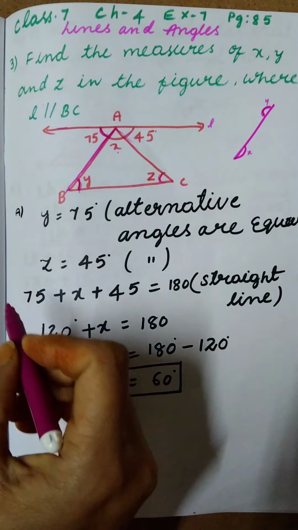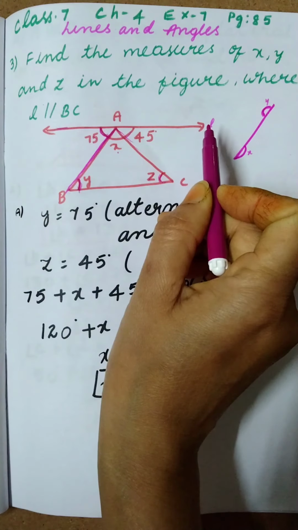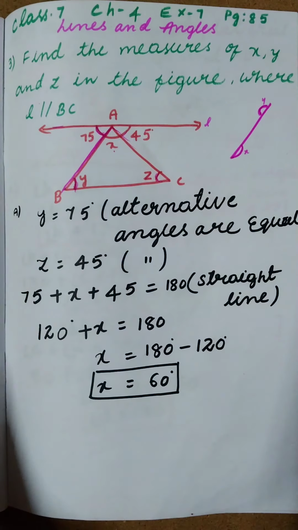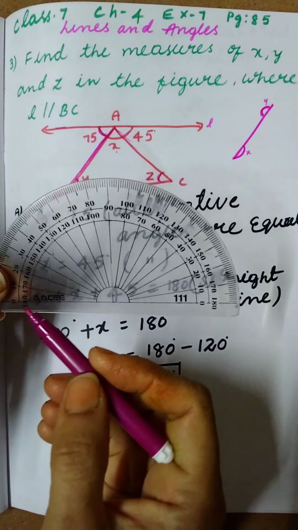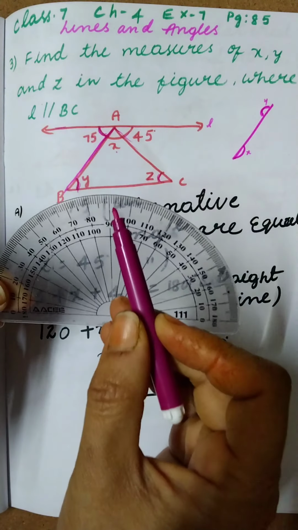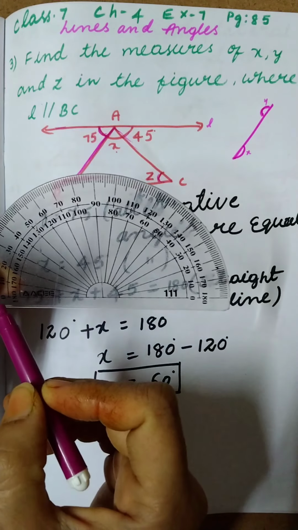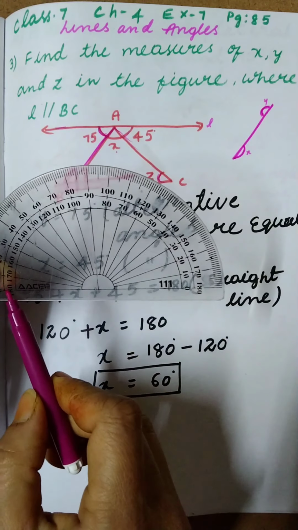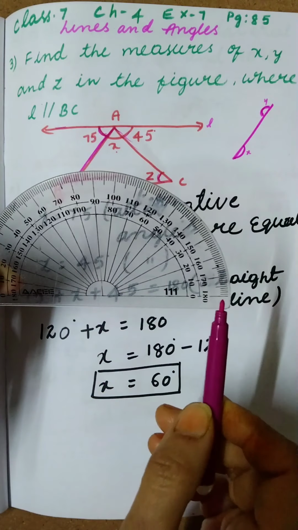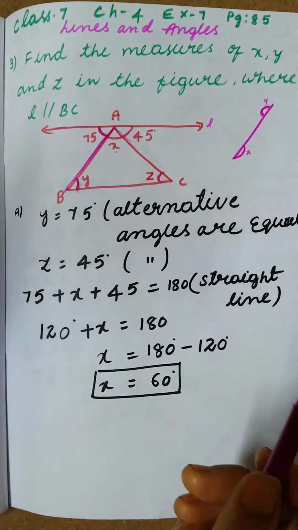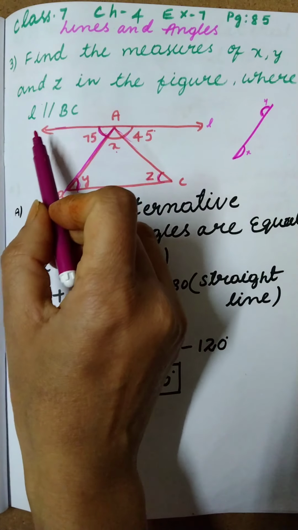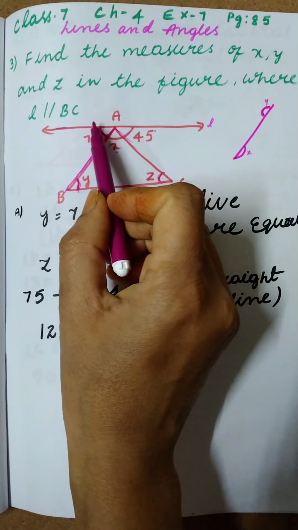Okay, next one. Here, are you observing one straight line? Yes, in a protractor also we can see this is one straight line. Here it is 180 degrees. Here to here is 90 and here to here is 90. Totally, 90 plus 90 we get 180. One straight line will come. Okay, this is 180. Okay, next one. Here 180. Why? Because this is a straight line.